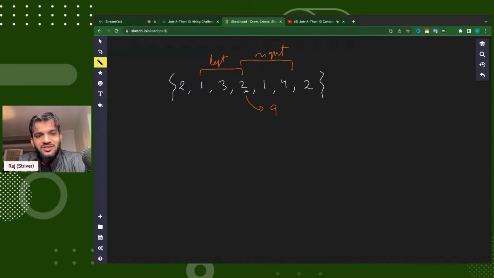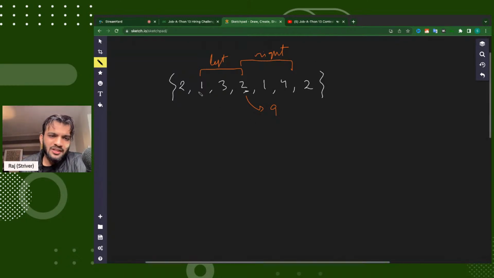Please reply on the permutation step. It's very simple. See, there are 3 elements on the left and 3 on the right. So if you write down the subarrays, if you take these 3, it's like 1, 3, 2. Then you do 1, 3, 2, 1. Then you take 1, 3,